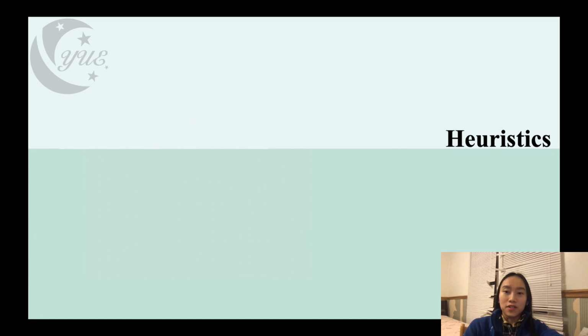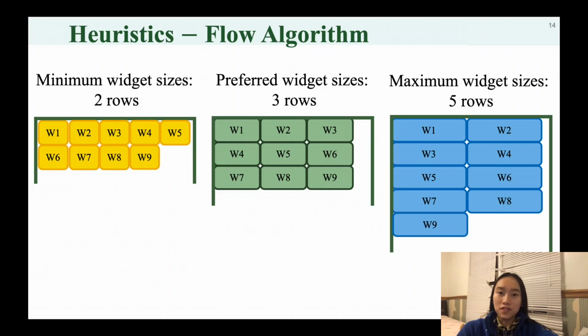In the following, we describe the heuristic algorithm OrgSolver uses to locally optimize Org layout specifications in order to reduce the number of constraints. For a simple horizontal flow based on the widget's minimum, preferred, and maximum sizes, OrgSolver first uses a simple greedy heuristic to compute the minimum, preferred, and maximum numbers of rows. The potential numbers of rows cannot be beyond the minimum and maximum, so we get the potential range of rows in the flow.